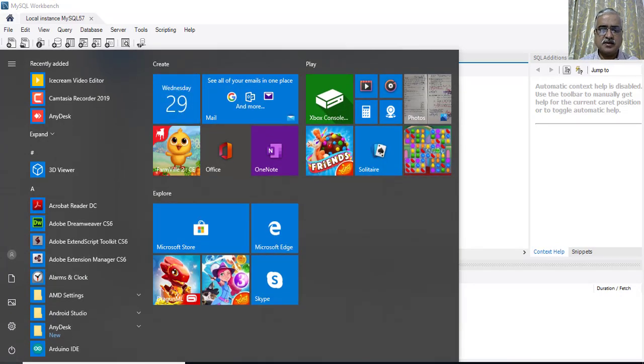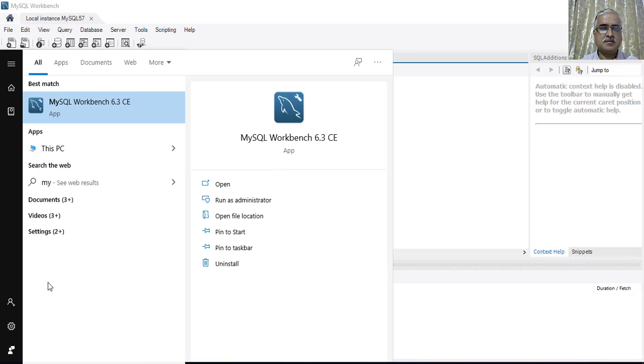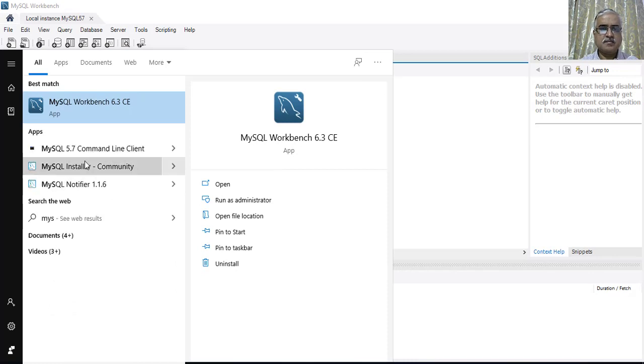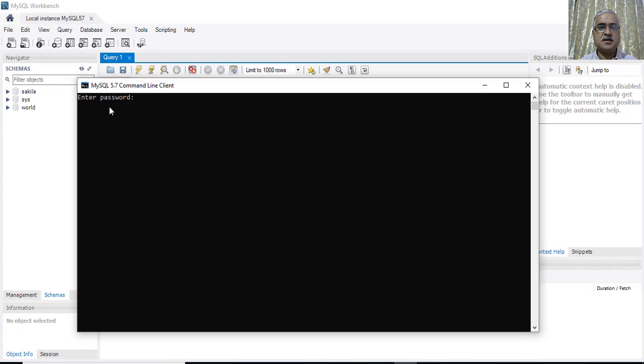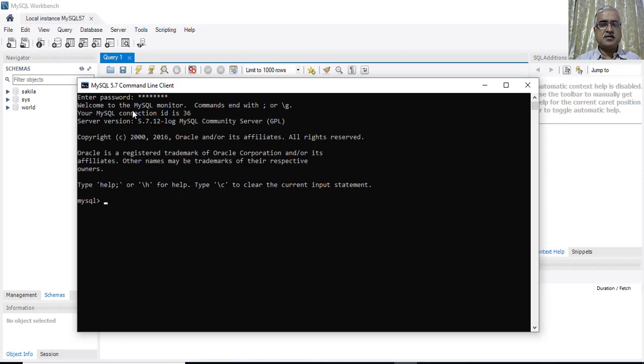You can see here the MySQL command line. Now I am working on the database using the MySQL command line client. Now I will enter. You can see here it is asking for the password. I have entered as root, and now I will enter the password as "password". Now it will enter.